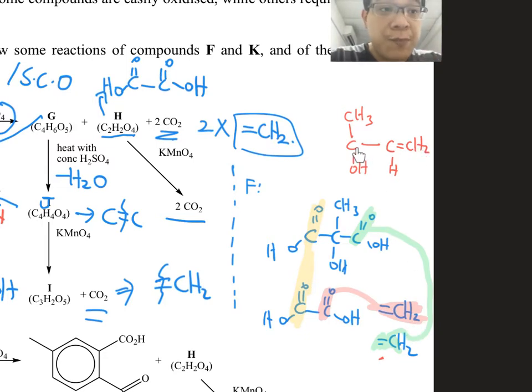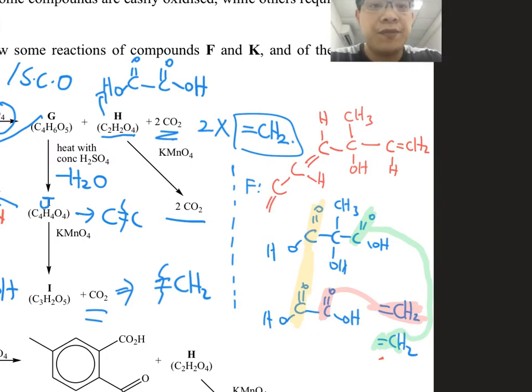Now we're going to join this part to here. So we're going to draw this one. C, then you would draw a H here, then you join together with this C, a double bond group. So this double bond O joins to this one to become CC double bond. Then the OH, this OH, becomes a H here. Then you continue with the bond, then this one will be a C here. Then you will have a double bond. Why do you have a double bond here? Because this is joined to another terminal alkene. So from here, you draw a H, then you draw a CH2.